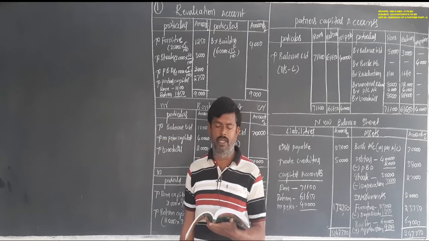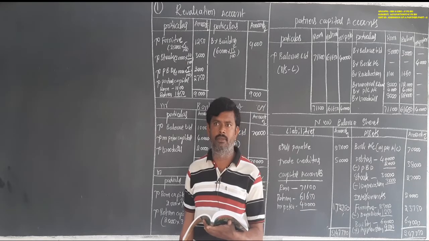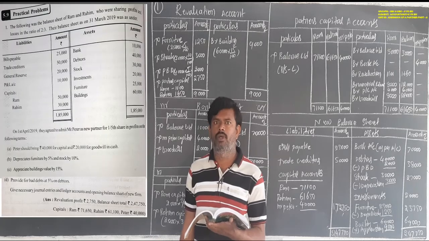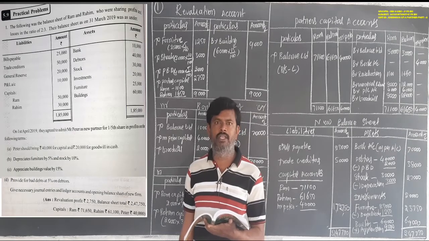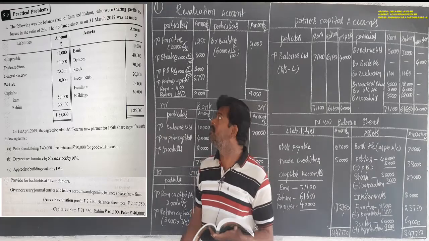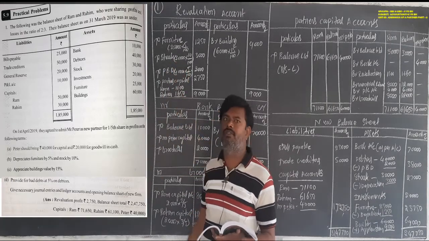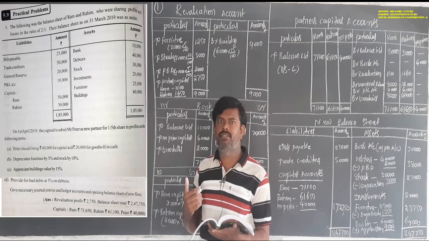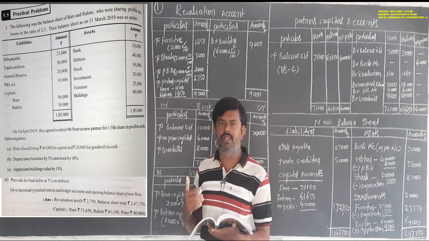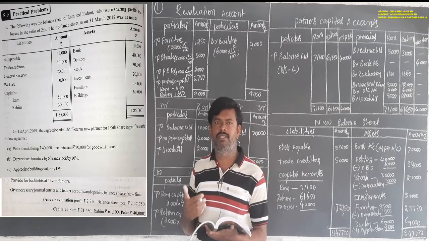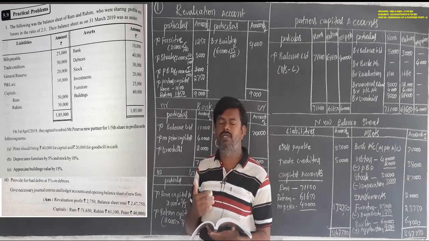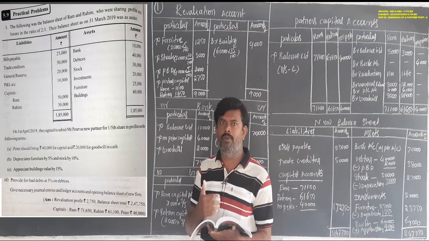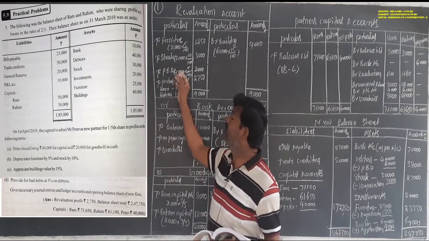First, read the problem thoroughly, one or two times. Which account information is given in the problem? First you have to identify that. Suppose you want to prepare the revaluation account, we must observe below the balance sheet, the adjustment transactions. Any depreciations, any appreciations, any provision for bad debt given in the adjustments. So we must observe the adjustments first when you are preparing